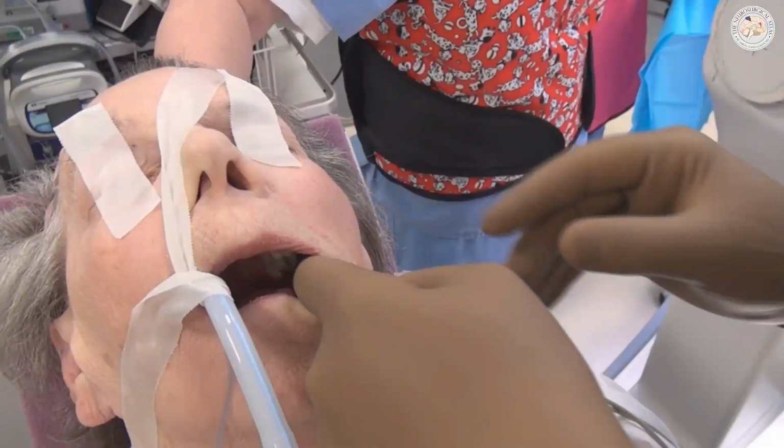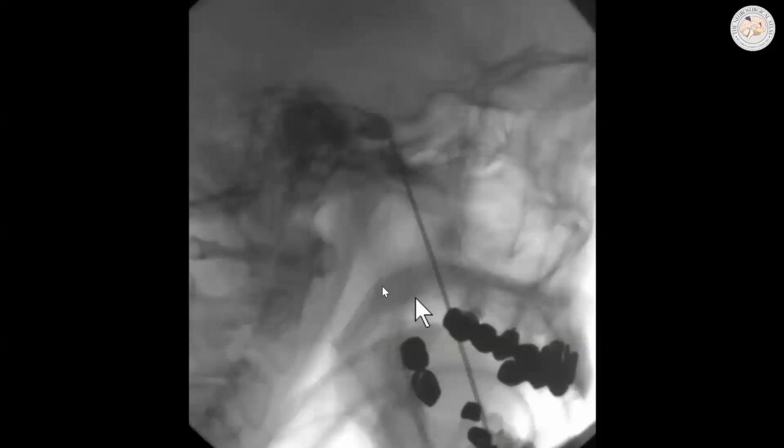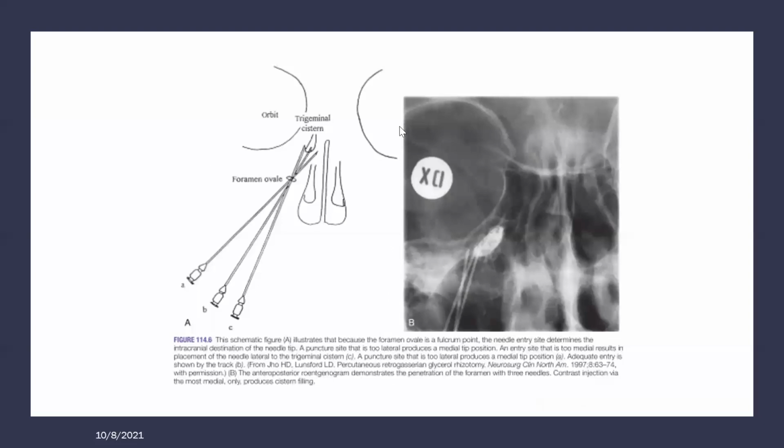Now, because of that approach, and I wanted to point out in this image, in terms of the airway management, we can use either an LMA or a high flow nasal cannula, but be aware that the surgeon will need some space to manage that cannula. Once the cannula is in, through the foramen ovale, we'll aim to get to the ganglion. And you can see in this image, maybe more clearly, how the cannula goes through the foramen ovale